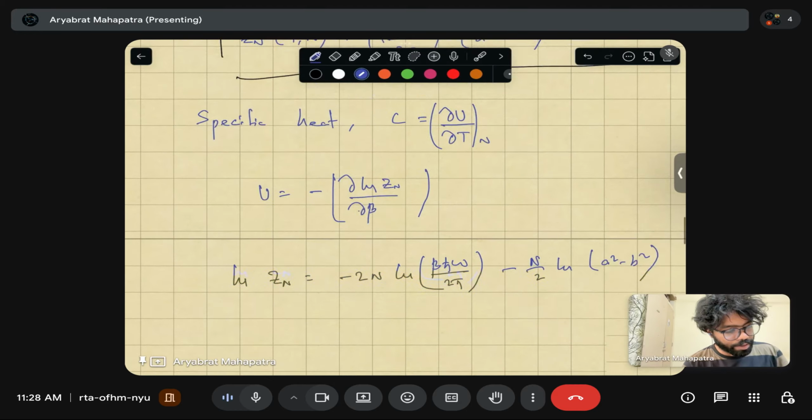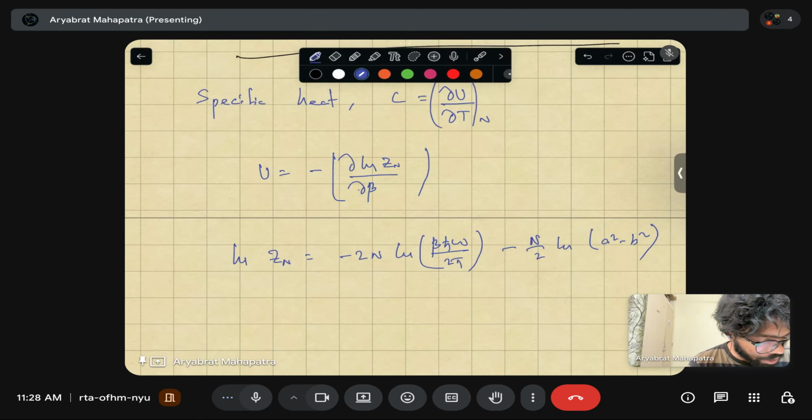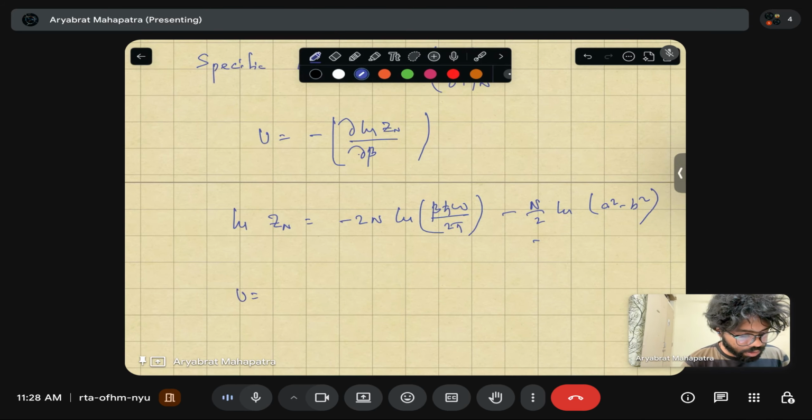Since the derivative is with respect to beta, the second term will not have any contribution from the derivative. So internal energy is negative of